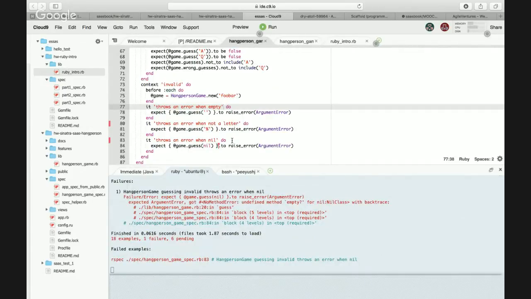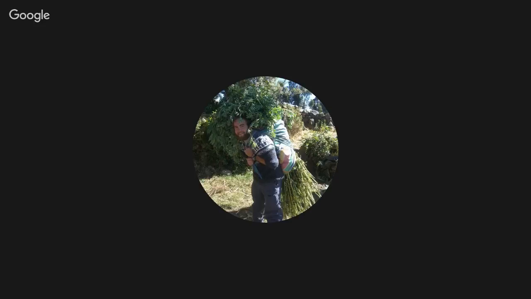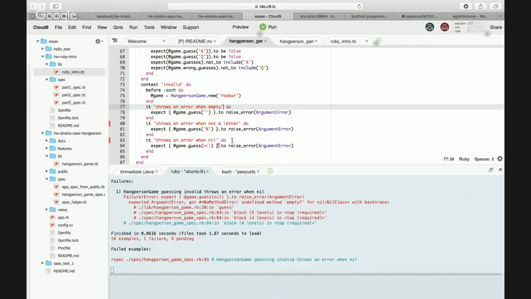If you pass nil, it should also raise the error. So you've removed it from 83, right? Yes, and the test is failing because when the user passes nil as a guess, I should also raise the same error.